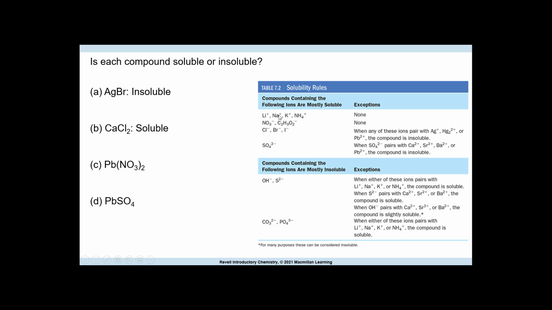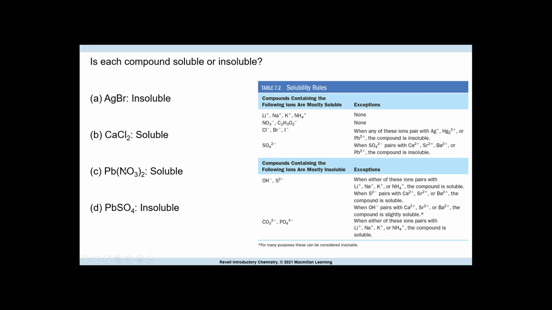If you look, there's lithium, sodium. These are group 1s. They are easy to understand, as anything attached to them is soluble. Another one that's easy to understand is nitrate. Anything attached to nitrates or acetates is soluble. So the minute I see nitrate, I know it's soluble. Oh, I cheated on this one and gave you guys. Okay, so sulfate, if it's paired with lead, and it is,